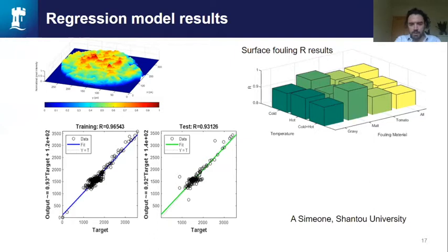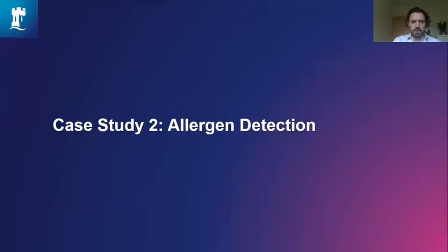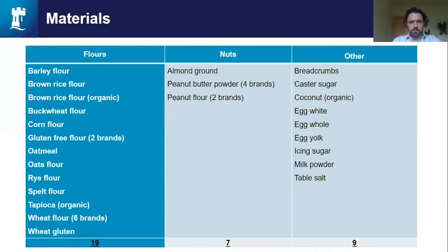We never hit 0, but 0.9 again, we're really happy. We think this is to do with how the sound waves dance when there's more fouling on the surface. They're really interested if we would publish this. I'm not going to talk too much about this because of time, and I appreciate there's another speaker, but we